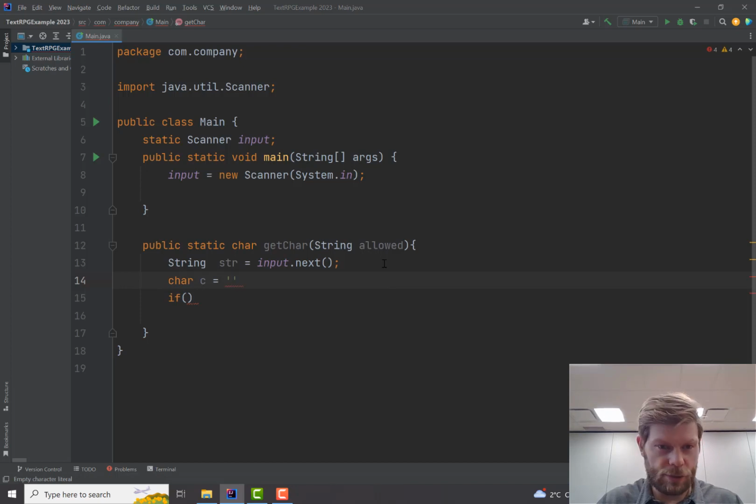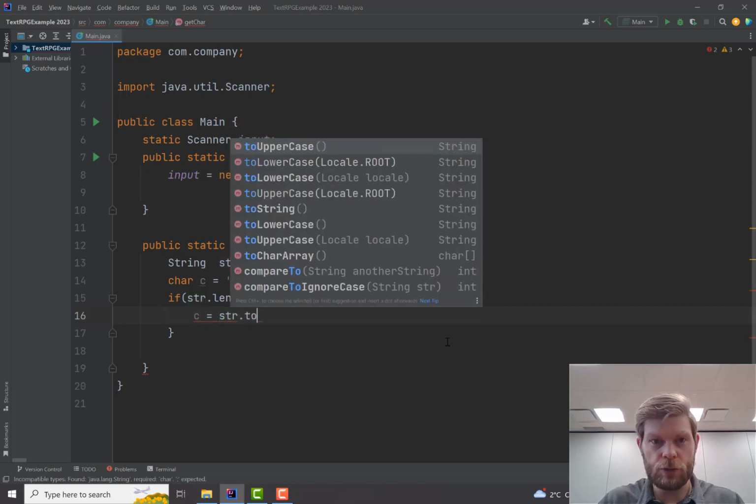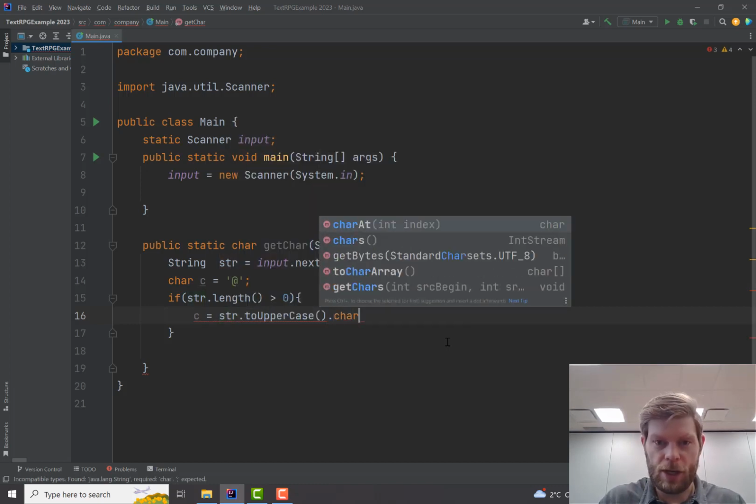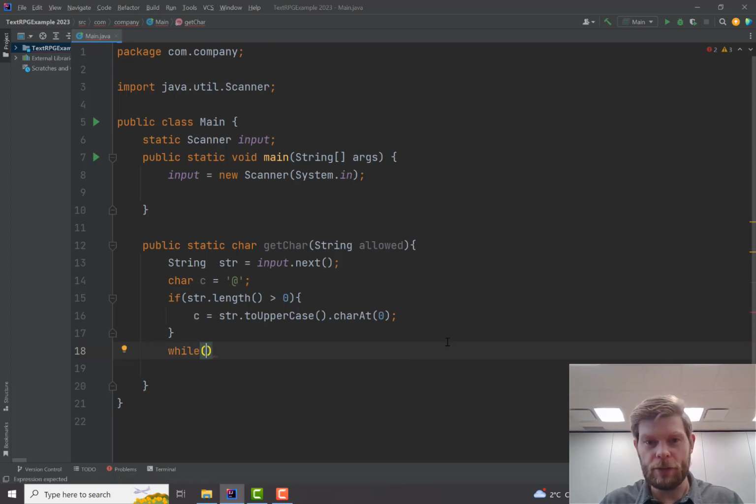I'm going to start C, which will be my character, as something that hopefully no one will want to enter. I'm going to assume nobody wants an at symbol, so I'm entering that, so hopefully that's not in allowed. So if string.length is greater than 0, then I can do all that other stuff. Then I can set C equal to the string dot to uppercase dot char at 0, and then once that's done, I can do while